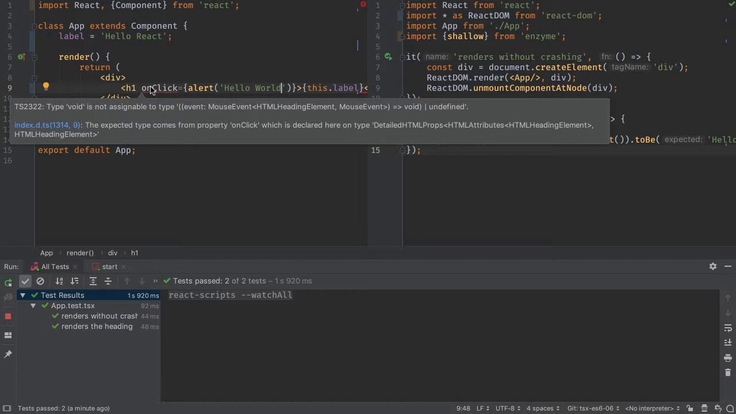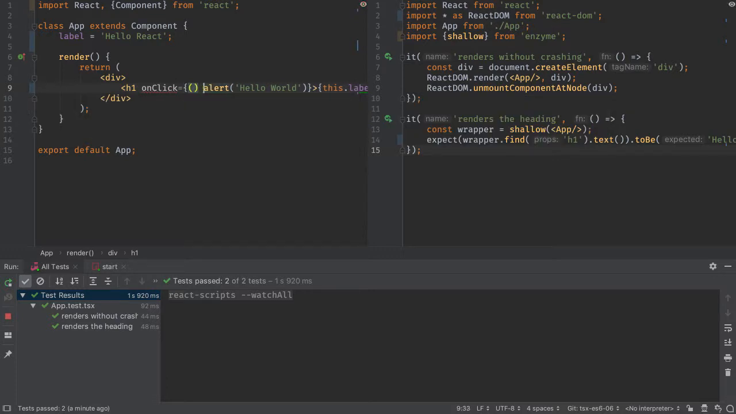What's happening is this is being invoked immediately. And the alert's being invoked immediately, and it returns a void. TypeScript is telling us that the on-click handler can't assign a void to that. So what we want to do is execute this later when the event happens, and this is where arrow functions come to the rescue. So we will instead put an arrow function and then have the arrow function execute alert,